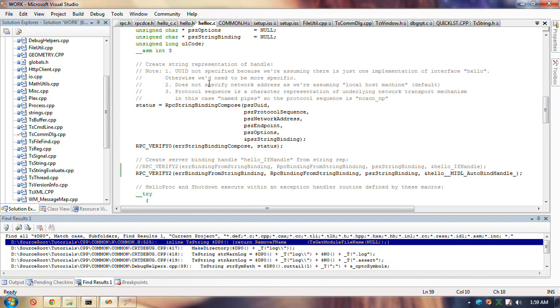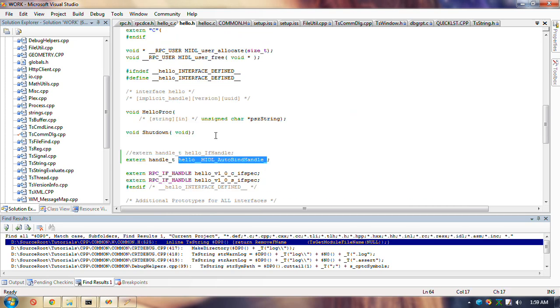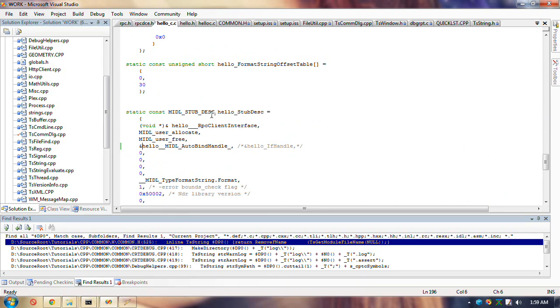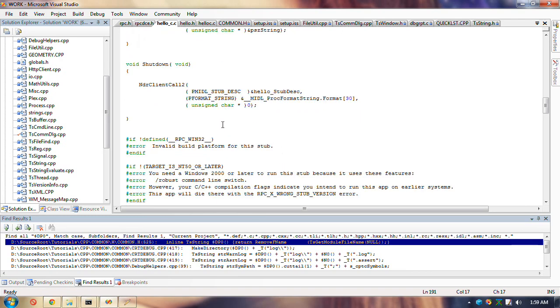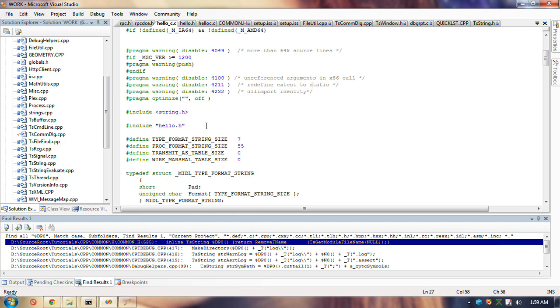How does it work? It involves these functions and the structures that are very messily declared in these generated stub files. One of the warnings that's disabled: redefine extern to static. Now, I don't understand.